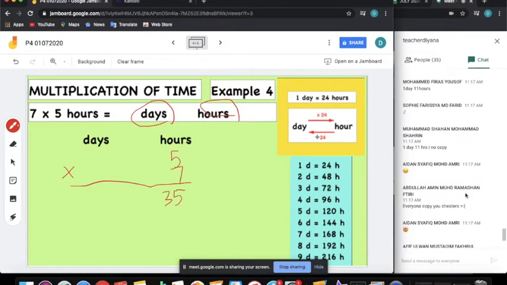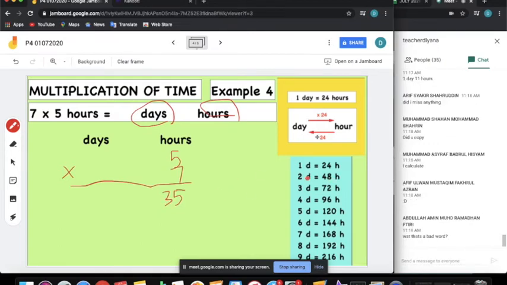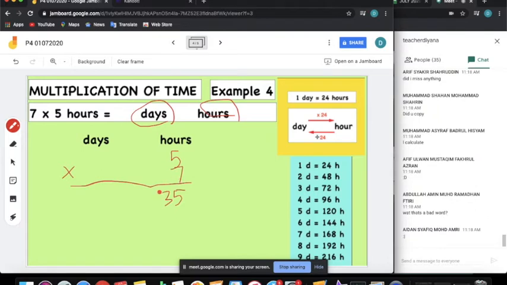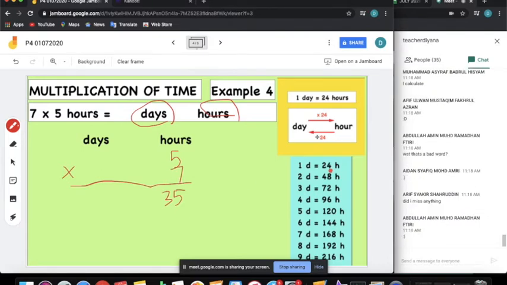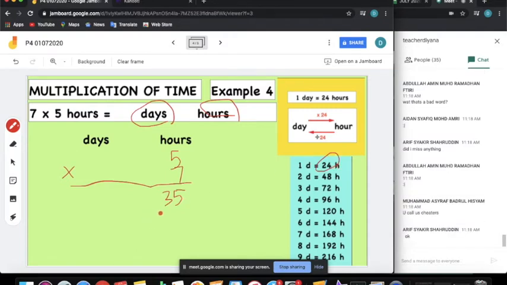Okay, so now everyone look: 7 times 5 is 35. So teacher, how many can I take from it? Yalah, I trust you, you did not copy. Okay, enough. 7 times 5 is 35. So you need to bring how many from 35 to the day? Okay, teacher, I can take 24 hours. Okay, now